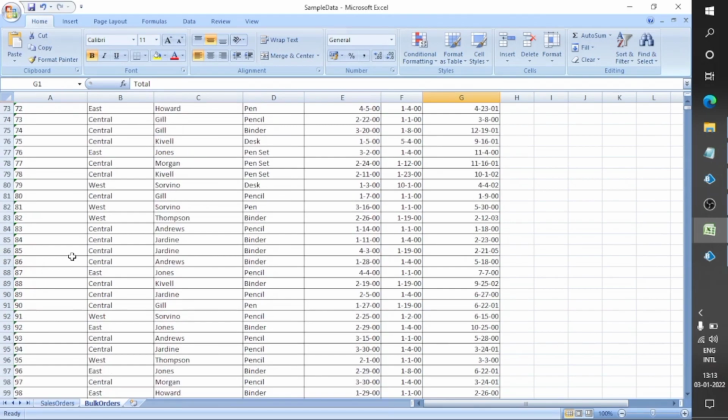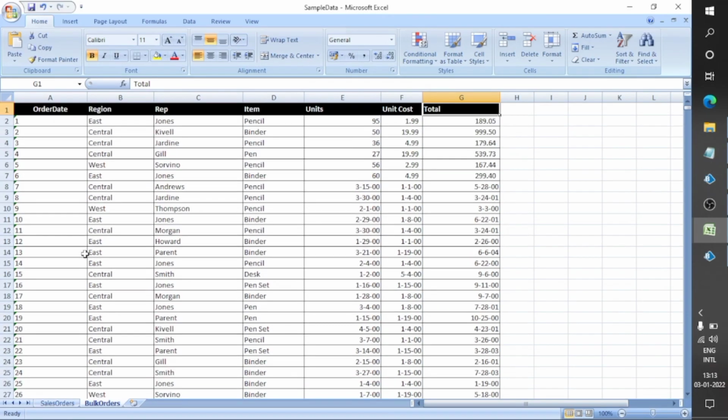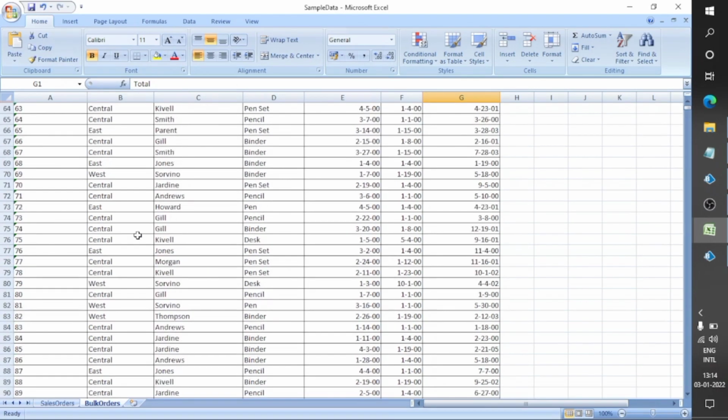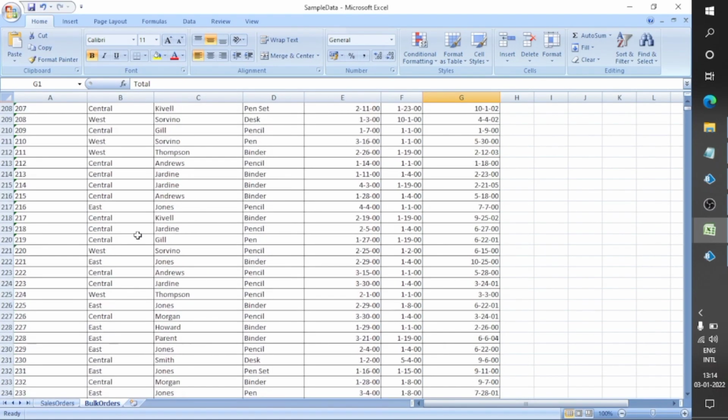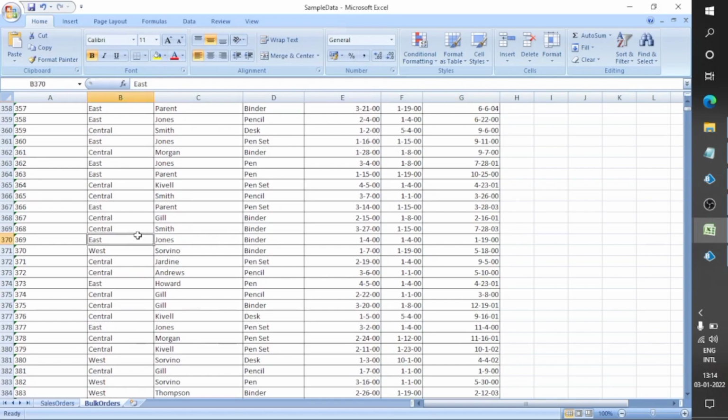But when we read the next 1000 rows, we won't get the header, because in OLEDB the first row becomes the header. Here our first row is this one, A1 to Z1, so this will become the header automatically. But when we fetch the data from 1001 to 2000 and so on, we won't get this first row. So the 1001st row will become our header.